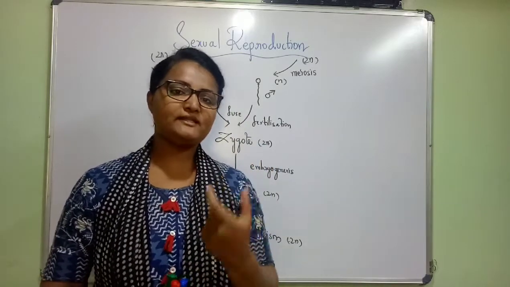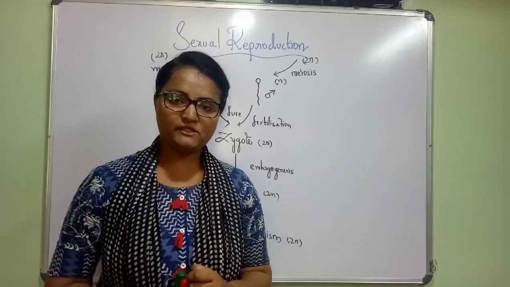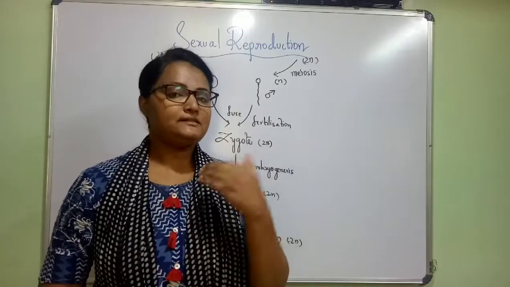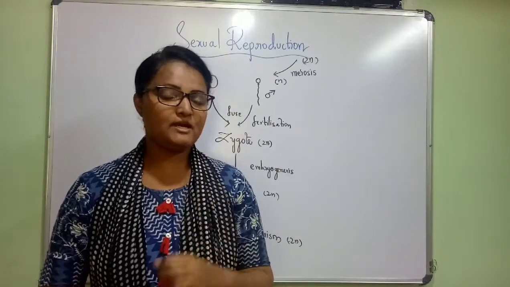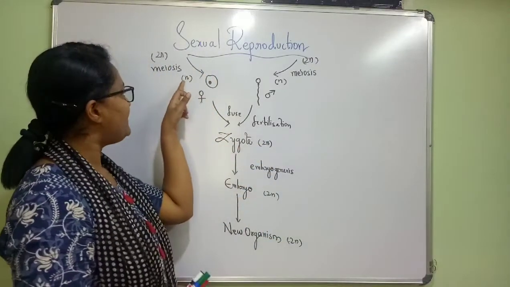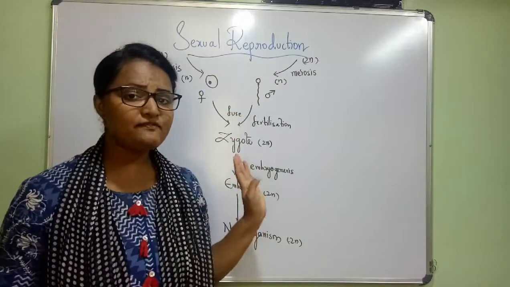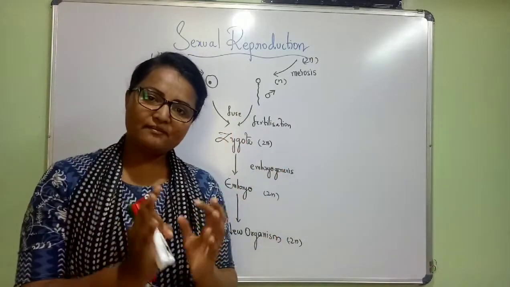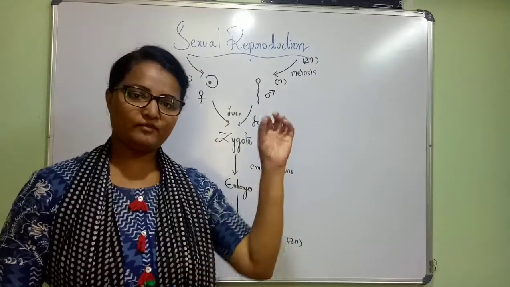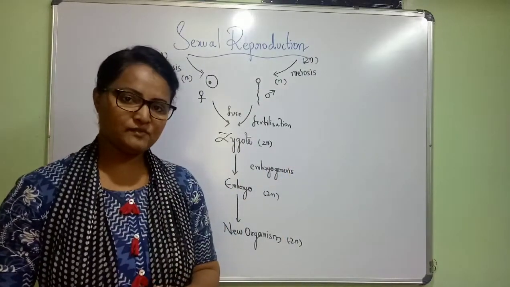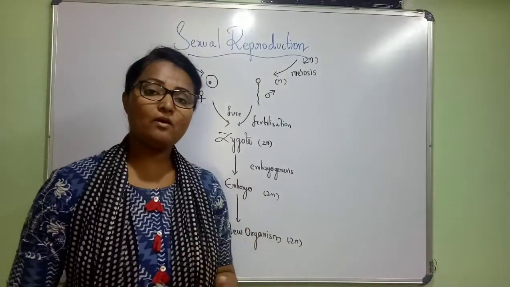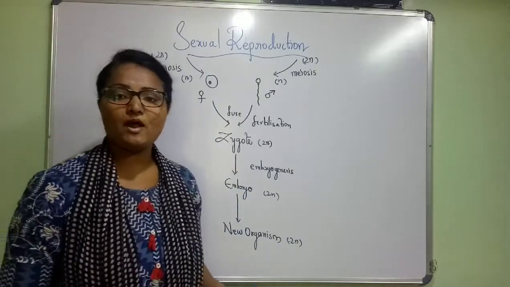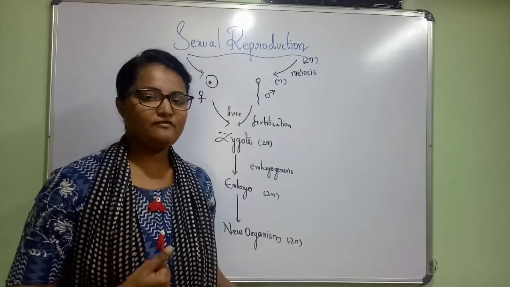Those gametes, when they fuse together by undergoing the process called fertilization, form the zygote. The zygote is also diploid in nature, but there is genetic recombination. The genetic makeup of egg and sperm is different. When they recombine, the zygote consists of the recombined genetic makeup of both the female and male individuals. They form an embryo, and then the embryo gives rise to a new organism. So this is sexual reproduction in outline, in a brief account.